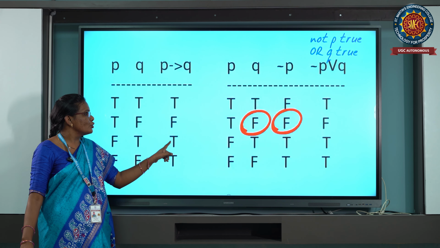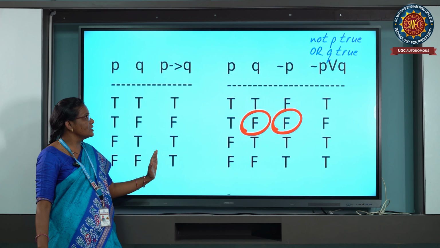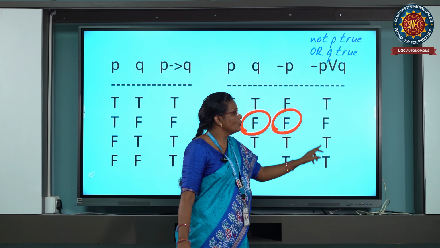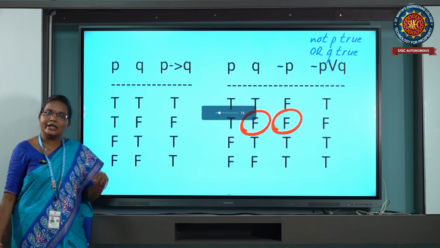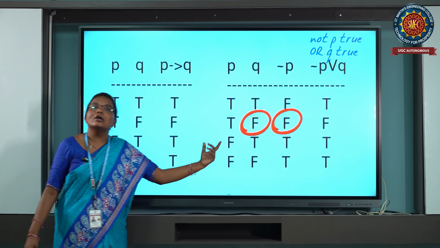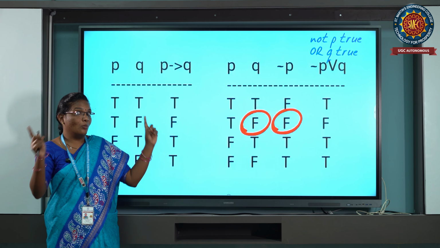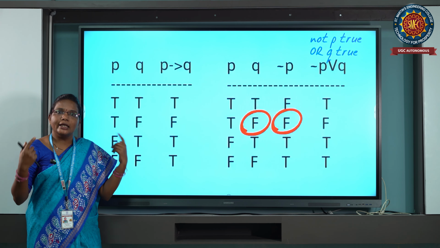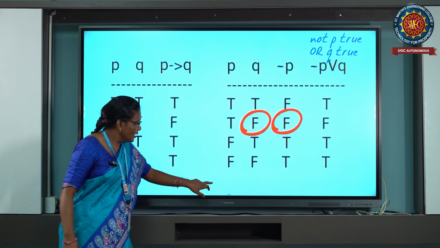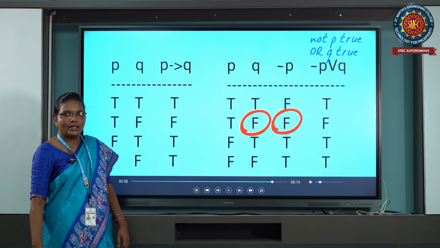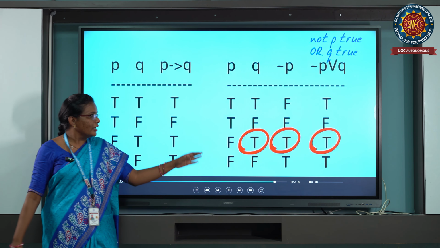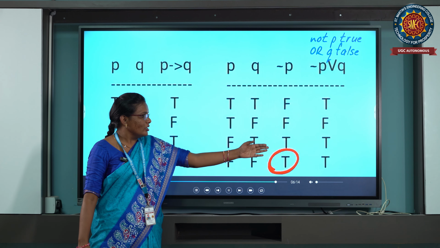See, true, false, true, true we are getting. This is the first answer for P implication Q. And next one, this is true, false, true, true. We got the same. So now I can conclude that both are equal. Now what I can say is that it is logically equivalent. These two compound statements, P implies Q and negation P or Q, are logically equivalent. Finally, we can say they are logically equivalent.